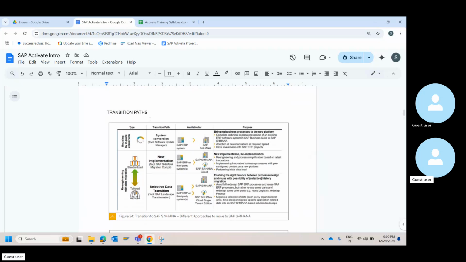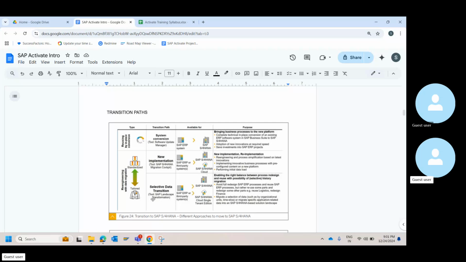So in terms of transition path, this is something that we already discussed. You either do a system conversion, wherein you move from ERP, which is ECC, to S/4HANA. This happens as part of system conversion. Then we do a new implementation, wherein you are part of ERP, which is ECC, or any third-party system and you decide to move to SAP, and you move either to SAP S/4HANA on-prem or to the SAP S/4HANA cloud version.